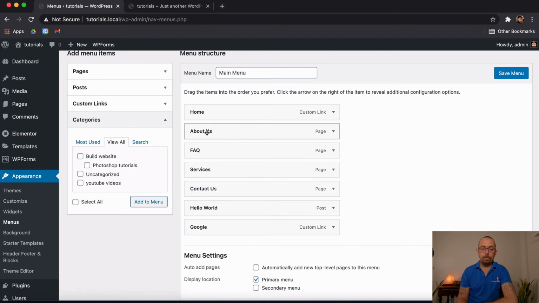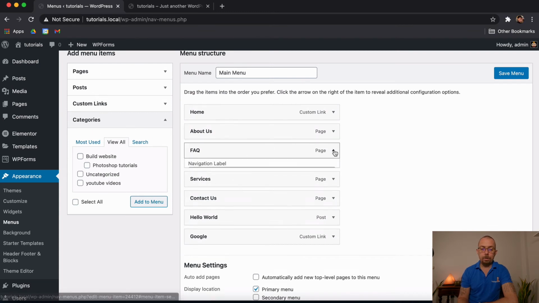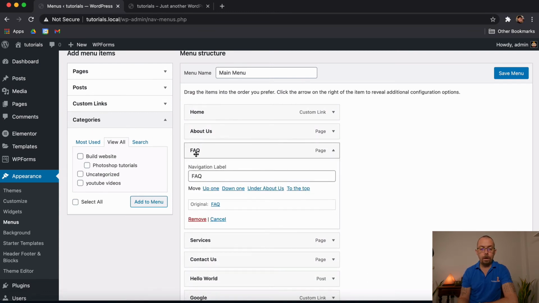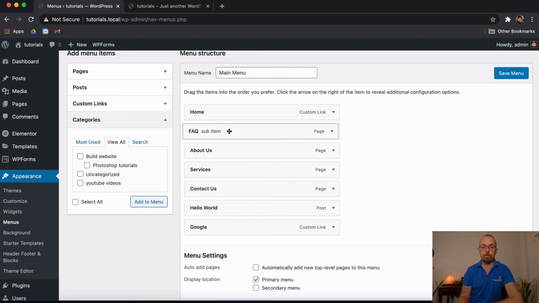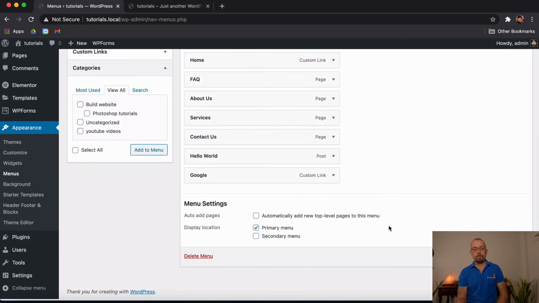I can also, if I didn't want to drag and drop, say I want to move FAQ above About Us. I could choose Move Up, and that will move it up. I can put it under Home, so I can now make it a subcategory out from under Home, which moves it back. So all of these options here are pretty much the same as if you were to drag and drop, just simply moving across.